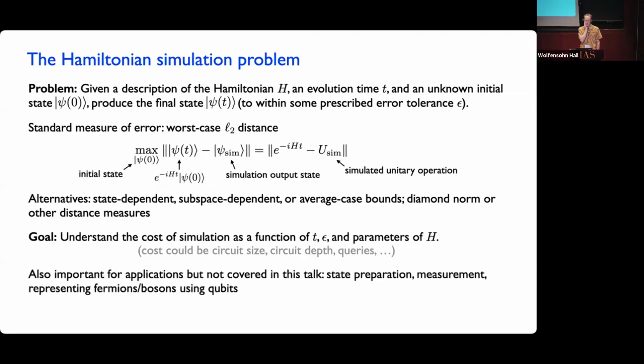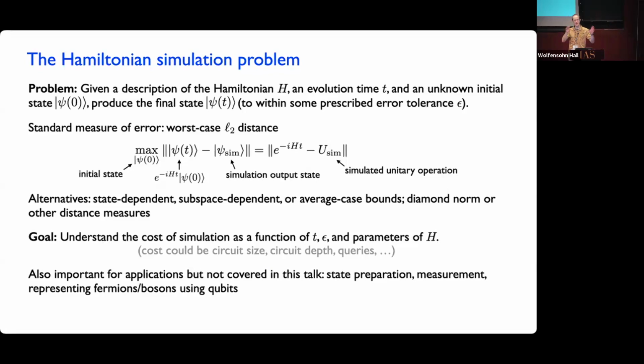Okay, so I'm really going to focus here on just this problem of reproducing the dynamics of the system, implementing this time evolution operator. But of course, if you actually want to do a simulation that's going to be useful for something, you have to think about how did you get that initial state? What measurement did you make on the final state that you prepared? If you're simulating some system, for example, that's made up of fermions, how do you encode these fermions into a system of qubits that an ordinary quantum computer would be built out of?